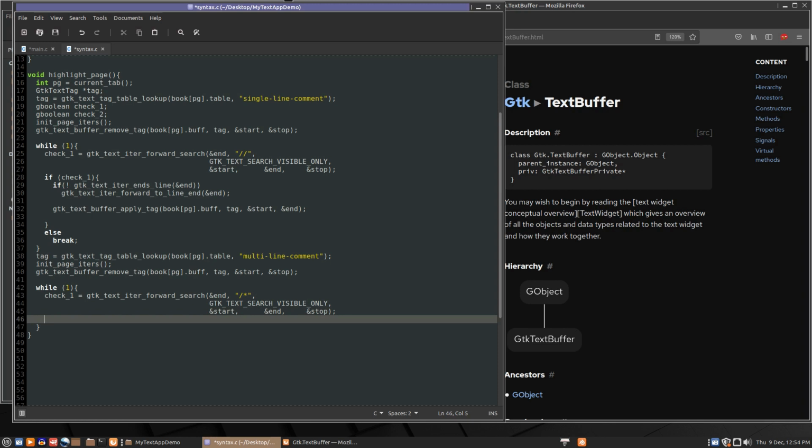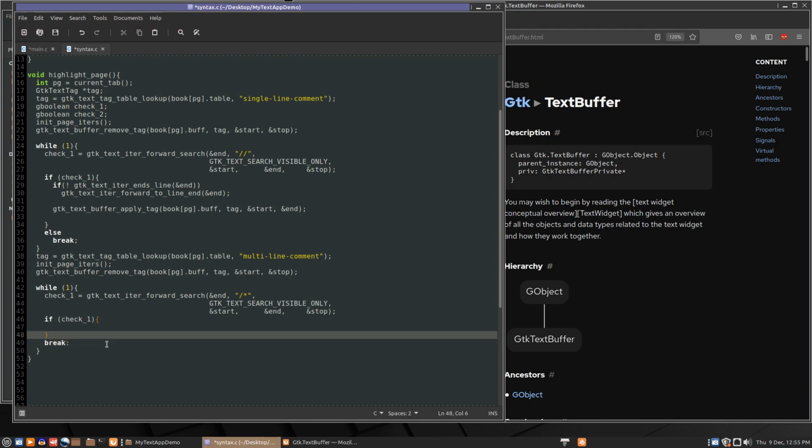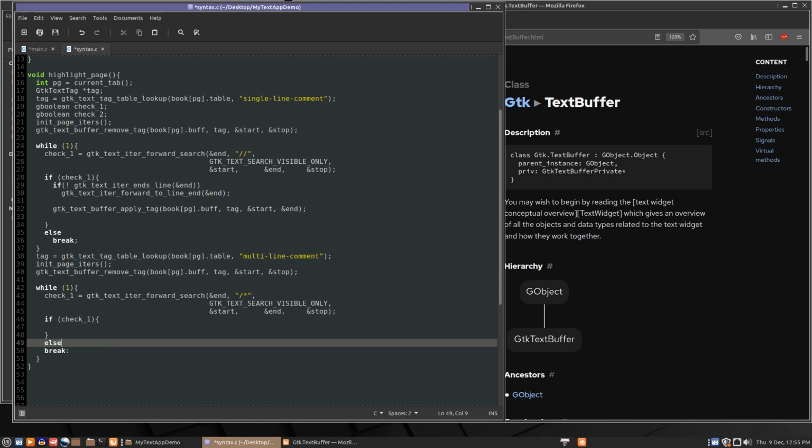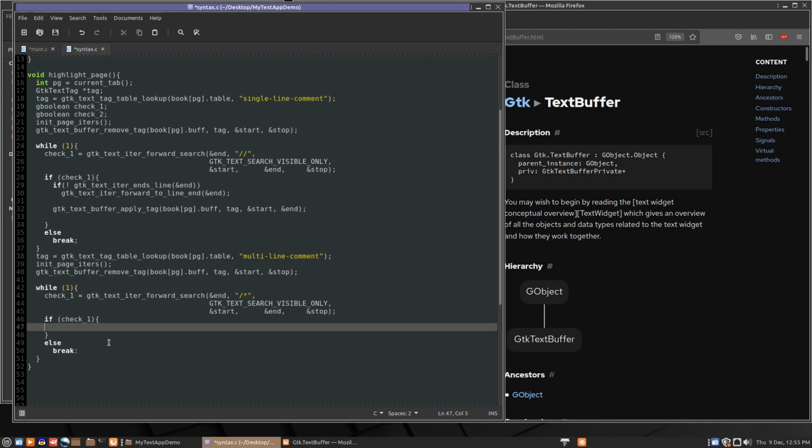So we have if check 1. So the things that happen if there was a result, and the thing that happens when there's no result, which is break out of the while loop. So we have to turn that into else break. So if there's a result, do these things. If there's not a result, break. So if check 1,